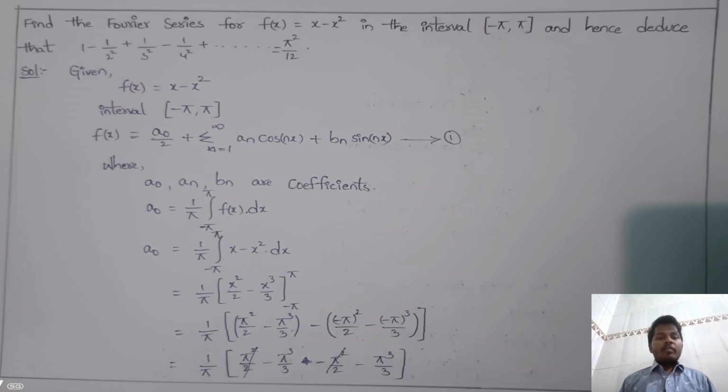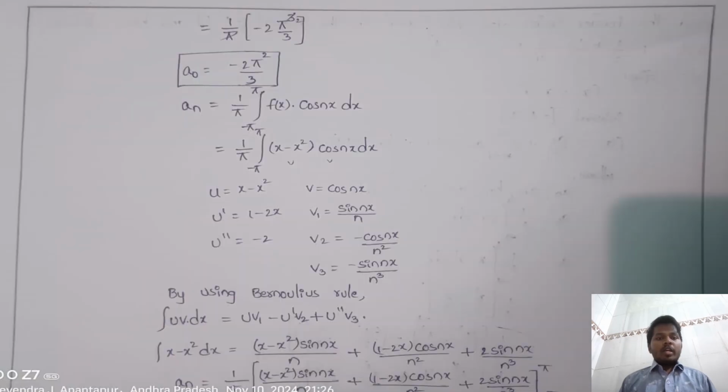For finding a naught, 1 by pi integral minus pi to pi f of x dx. A naught is equal to 1 by pi integral minus pi to pi x minus x square dx, that is equal to 1 by pi, integration of x is x square by 2 and integration of x square is x cube by 3, for the interval minus pi to pi. So the a naught value is minus 2 pi square by 3,